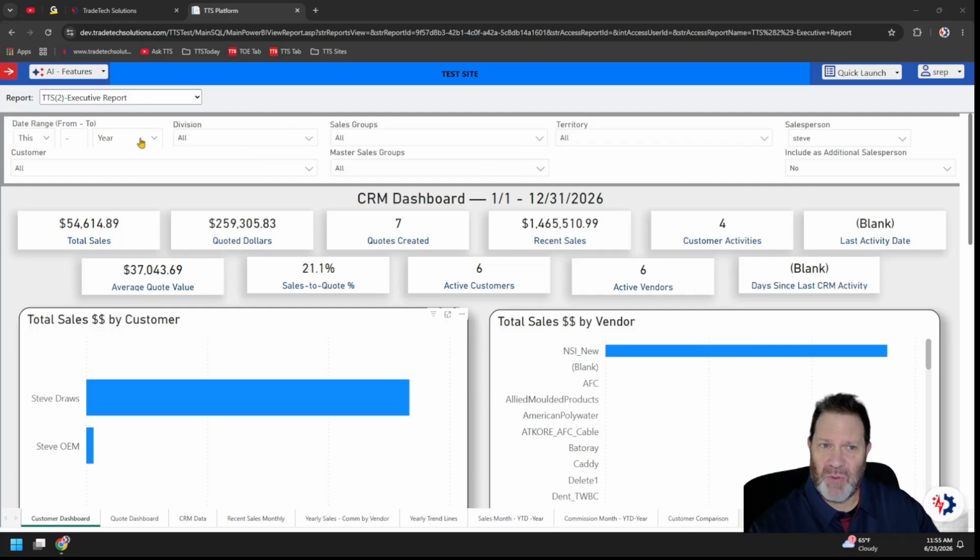At the very top, you'll have your filter section where we can choose the date ranges that we want. We could choose different salespeople, different group areas. Anything that's been built into TTS will be selectable up here. Then the next section in the main dashboard, we have summary boxes. So it'll give you the total sales, quoted dollars, number of activities, CRM activities, for instance, active vendors, active customers,